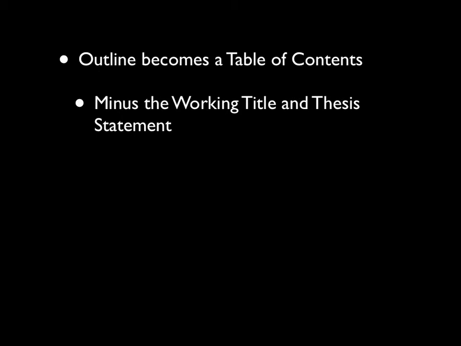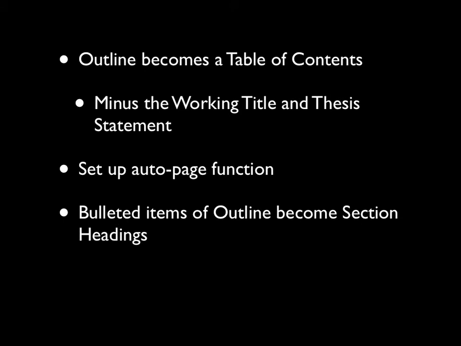So we take out the working title and the thesis statement. And the table of contents is where you set up the auto page function, which means you go into your document and you start to assign sections and chapter headings to your document, and you'll have to look at your specific software to see how that works. But you can set up the table of contents so that it automatically updates the page numbers as you go in your table of contents. In the table of contents, the bulleted items that we had in the outline become your section headings, and you can move these around as you see fit, but they will be the major headings of what you're doing in